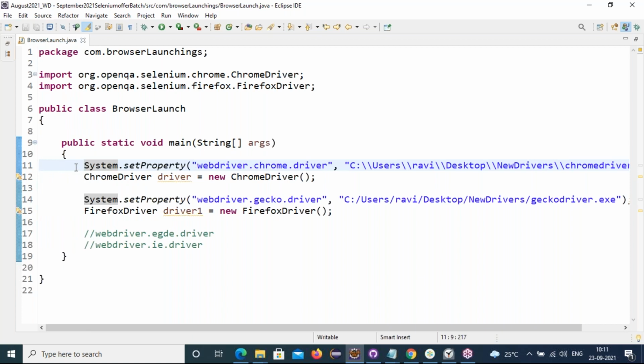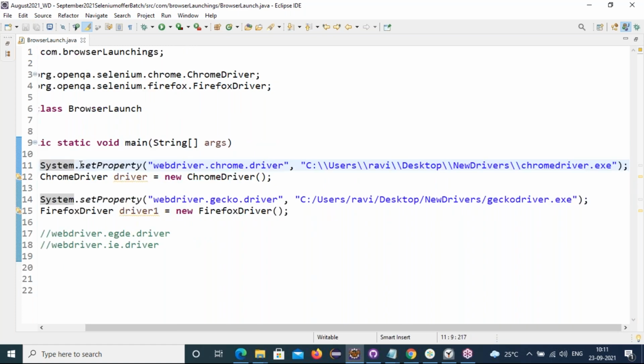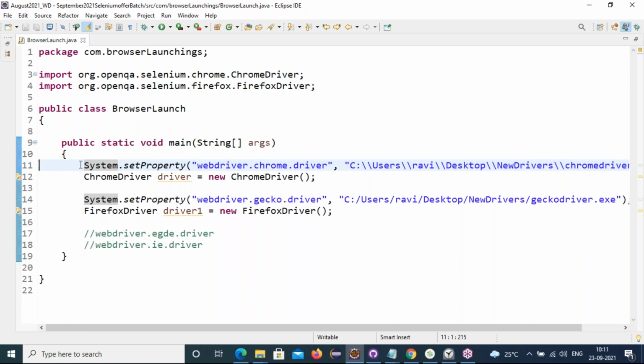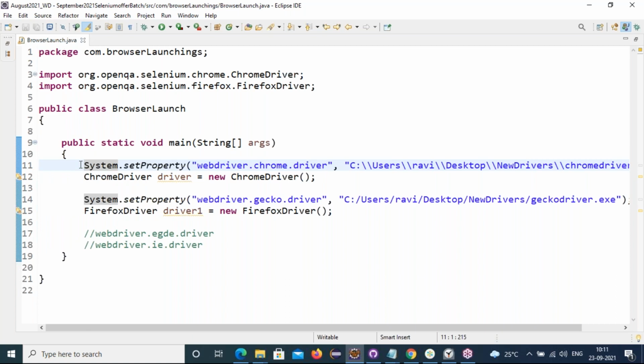Now I will tell you one thing. Friends, if the path is set either in system environment variables or through script, will it work for a long time, the same Chrome driver? No, sir.